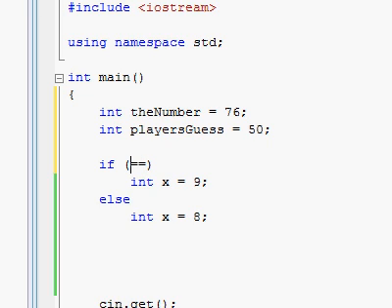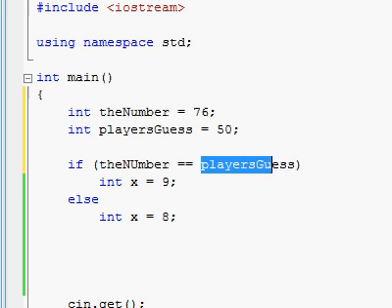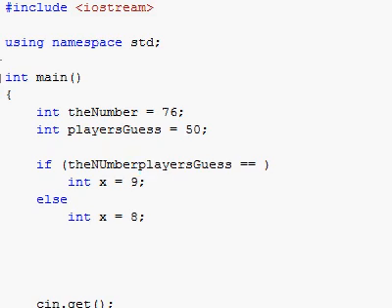So what we do is we want to test if the number equals the player's guess, or we could do it the other way around. It'll be the same thing at this point to test if the player's guess is the number. So what the logical equation operator does is it tests if whatever this is has the same value as whatever